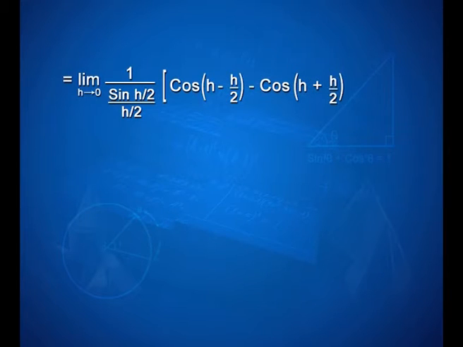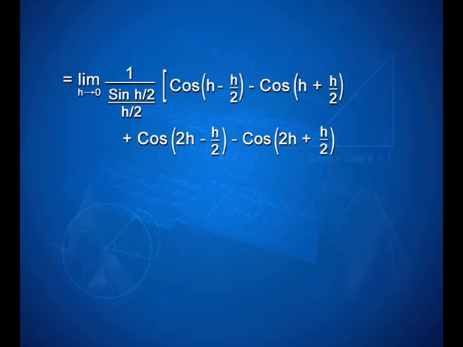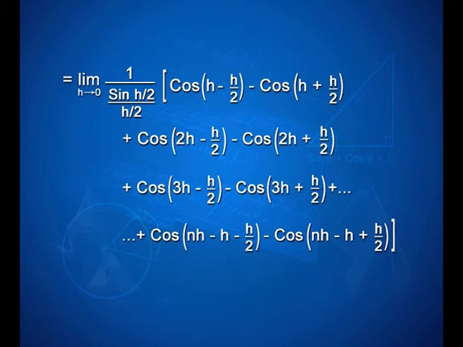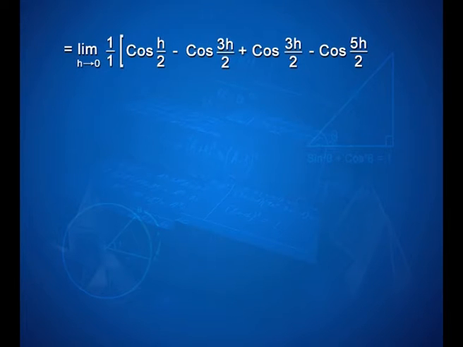that is equal to limit h tends to 0 1 upon sin h upon 2 upon h upon 2 into cos h minus h upon 2 minus cos h plus h upon 2 plus cos 2h minus h upon 2 minus cos 2h plus h upon 2 plus cos 3h minus h upon 2 minus cos 3h plus h upon 2 plus so on plus cos of nh minus h upon 2 minus cos nh minus h plus h upon 2, that is equal to limit h tends to 0 1 upon 1 into cos h upon 2 minus cos 3h upon 2